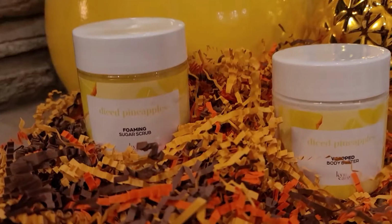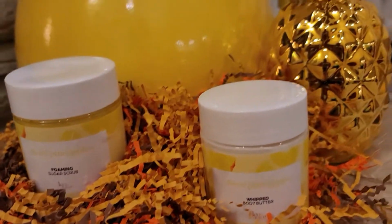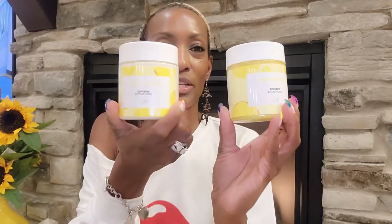So this is how it comes, and then this is how it's packaged up. It's cute. I guess that's for fall. So I was thinking that maybe they haven't gotten because it took a while to get here, but so I ordered the diced pineapples. Y'all know pineapples are my favorite fruit, and obviously my favorite fruit to eat and decorate with. So I wanted to try her